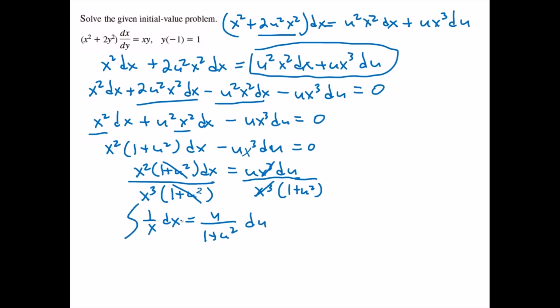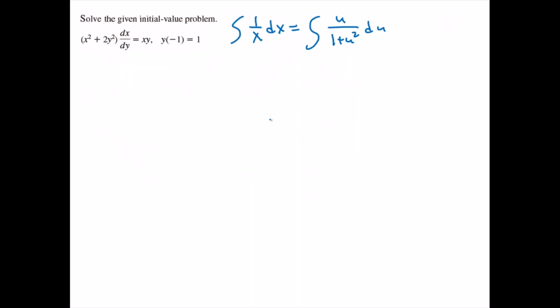And now we can integrate both sides because we've separated the variables. So when we integrate 1 over x with respect to x, of course, we'll simply get the natural logarithm of the absolute value of x. And when we integrate u over 1 plus u squared, it seems that we'll get the natural logarithm of 1 plus u squared. But of course, the derivative of u squared is 2u. We only have a u here, so we'll need to multiply that by 1/2, and then we'll add a constant